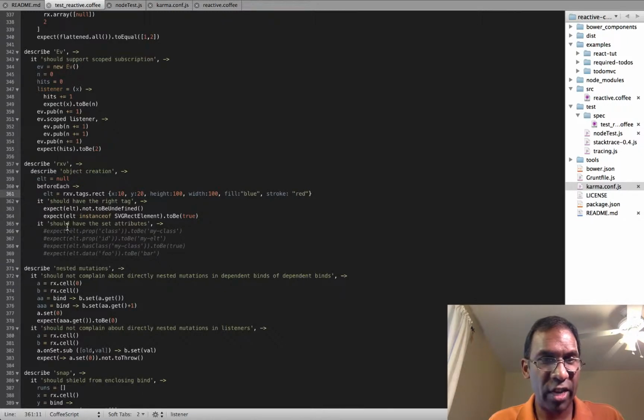And right now we're going to check attributes. So we're copying this boilerplate from the HTML tags that were already part of reactive-coffee and making sure that they work with the SVG tags. And so far everything seems to work fine, except for that. Actually, we found one problem where we weren't copying over the right property setter, and now we'll see if that's working. So we want property X to be